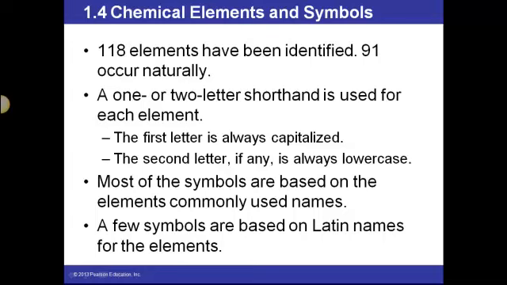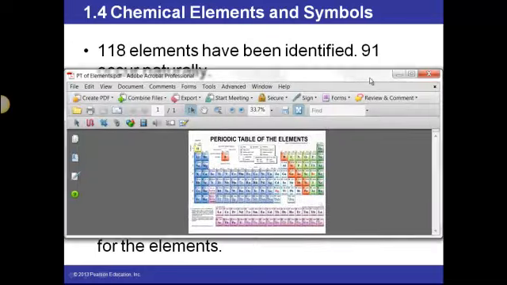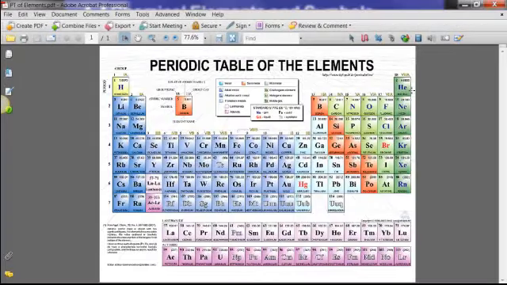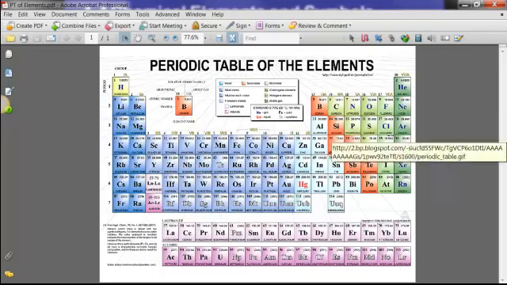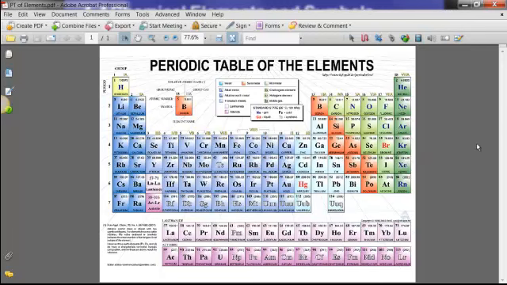So if we look at the periodic table, let's bring it back in here for a second. Chlorine would be a good example where there are 2 letters that are going to represent that element. The first one is a C, and it's always going to be represented as a capital C, and the L is always going to be a lowercase l, because it would get confusing if you didn't use the lowercase position